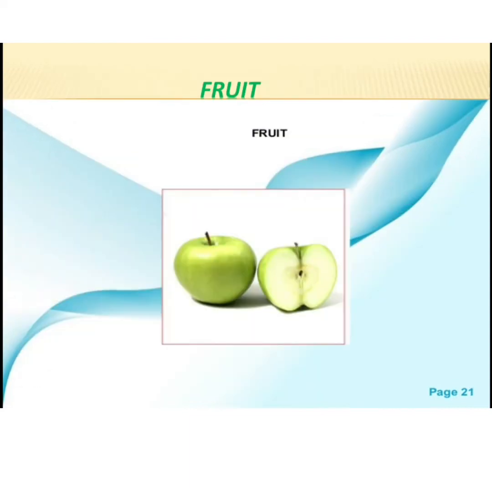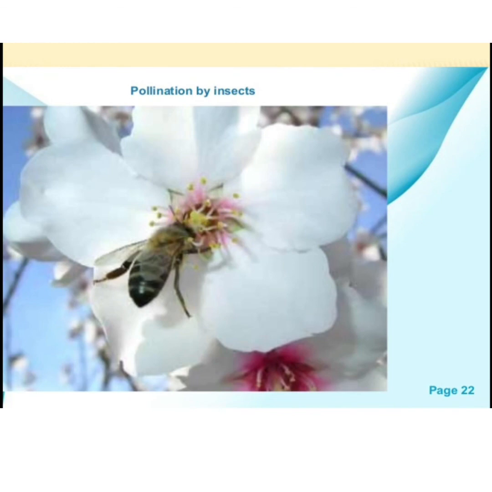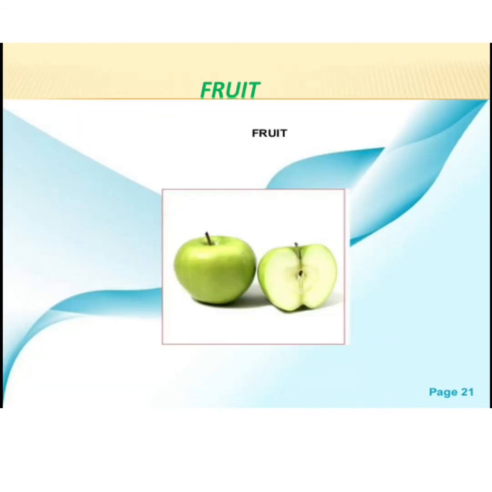Now our next part is fruit. Fruit, we all know how it develops. After pollination, the ovary swells up and forms a fruit, and the seeds inside are made from ovules. What we studied in our food chapter is that a fruit is generally made of fruit wall and seeds. We saw the section of an apple. In that, the seed part is made by the ovule, and the outermost green part is made by the ovary.